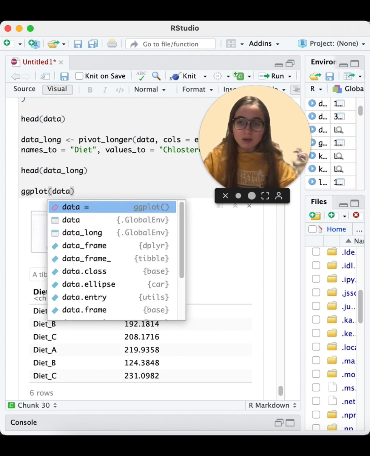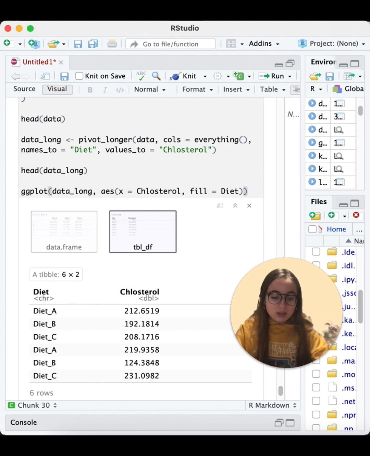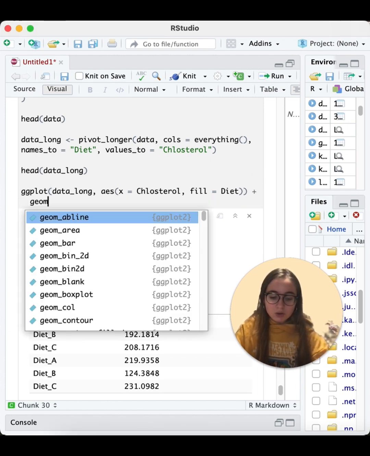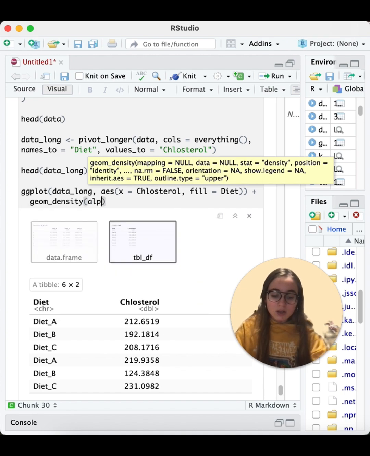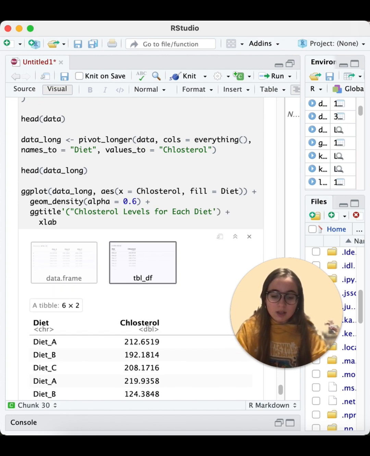Now we can plot this. ggplot, you have the data long. aes, for the x-axis, we have the cholesterol. For colors, again the diet. I can't see my code. Let me put myself here. geom_density, again a density plot, alpha 0.6 because they might overlap. ggtitle, cholesterol levels for each diet. As x label, we have cholesterol level,